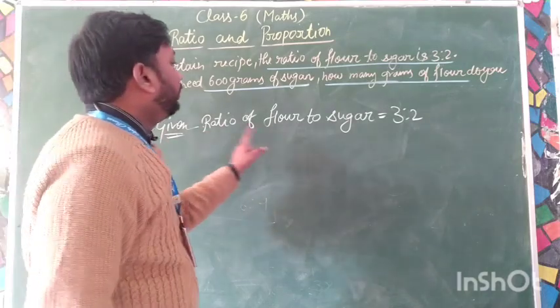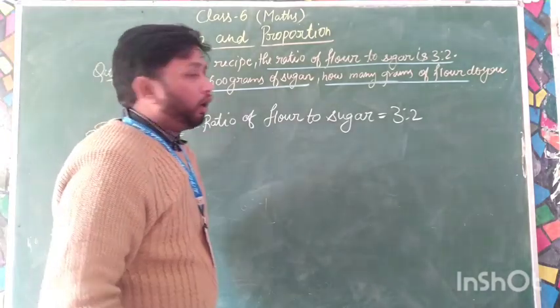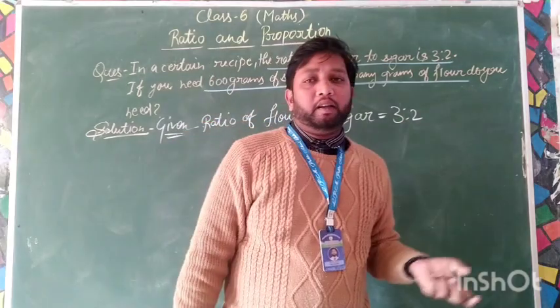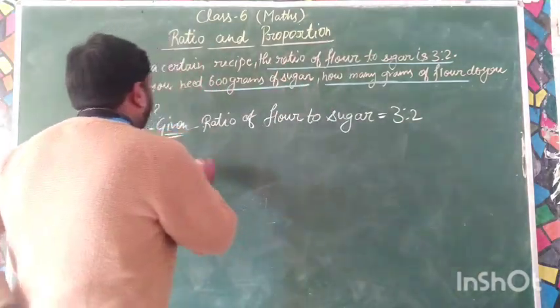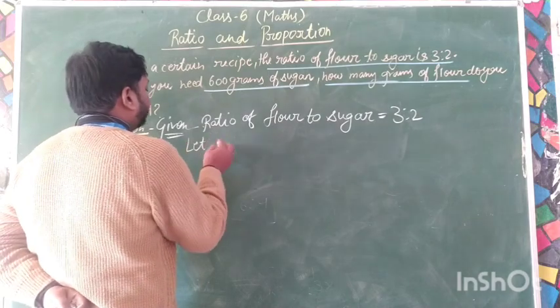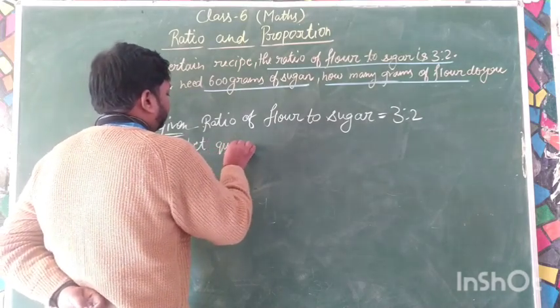So given ratio of flour to sugar is this. Now we don't know how much sugar is and how much flour are there in that recipe. So we assume that quantity of